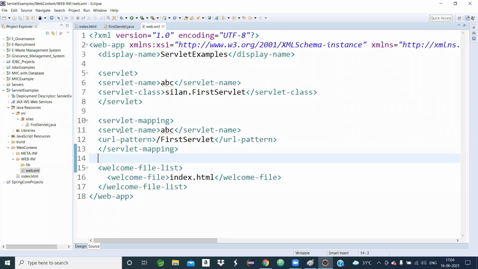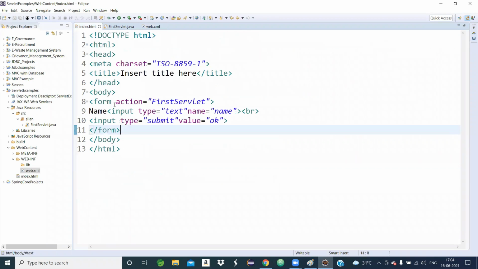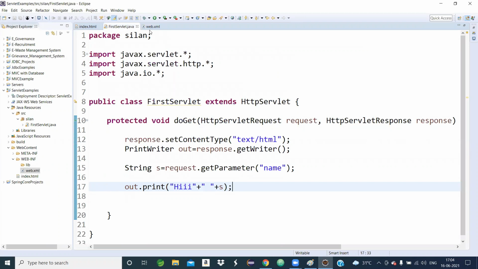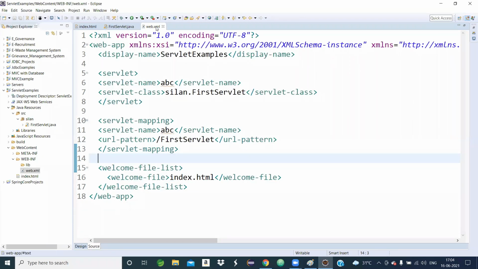Basically, this file is called the deployment descriptor file. I hope everybody got clarity on how important web.xml is. Yes, sir. So index.html is complete, FirstServlet.java is complete, and now the web.xml file is complete.